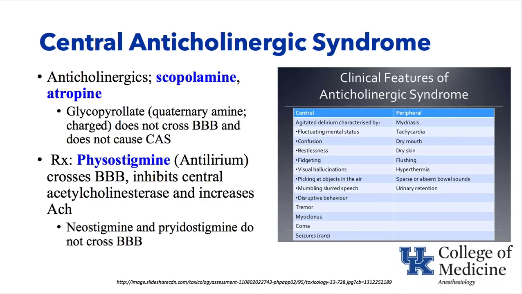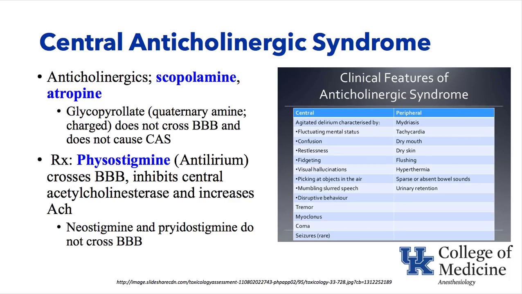The next topic is central anticholinergic syndrome, and classically this would occur in a patient, often an elderly patient, who's exposed to a tertiary amine anticholinergic agent like scopolamine or atropine. Tertiary amines are uncharged and can cross the blood-brain barrier, as opposed to glycopyrrolate, a quaternary amine, NH4+, which is charged and doesn't cross the blood-brain barrier and won't cause sedation or confusion or pupillary changes like scopolamine and atropine